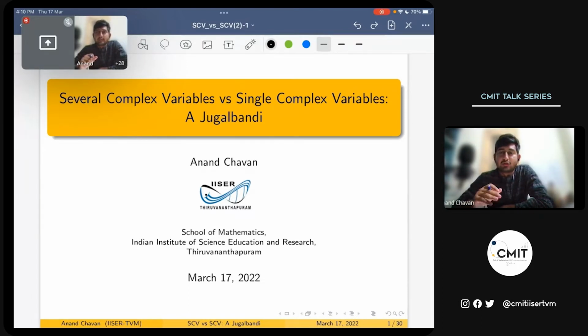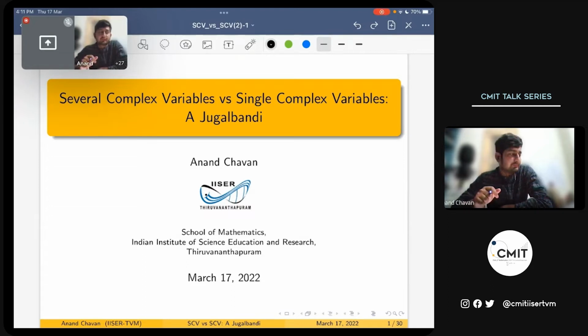Whereas several complex variables is a very recent topic, very recent in the sense it just started a century ago. Several complex variables, also known as multivariable complex analysis, started to be recognized as an independent topic of interest from the beginning of the last century. It is mainly due to Hartogs, who made a discovery, which we'll see in our